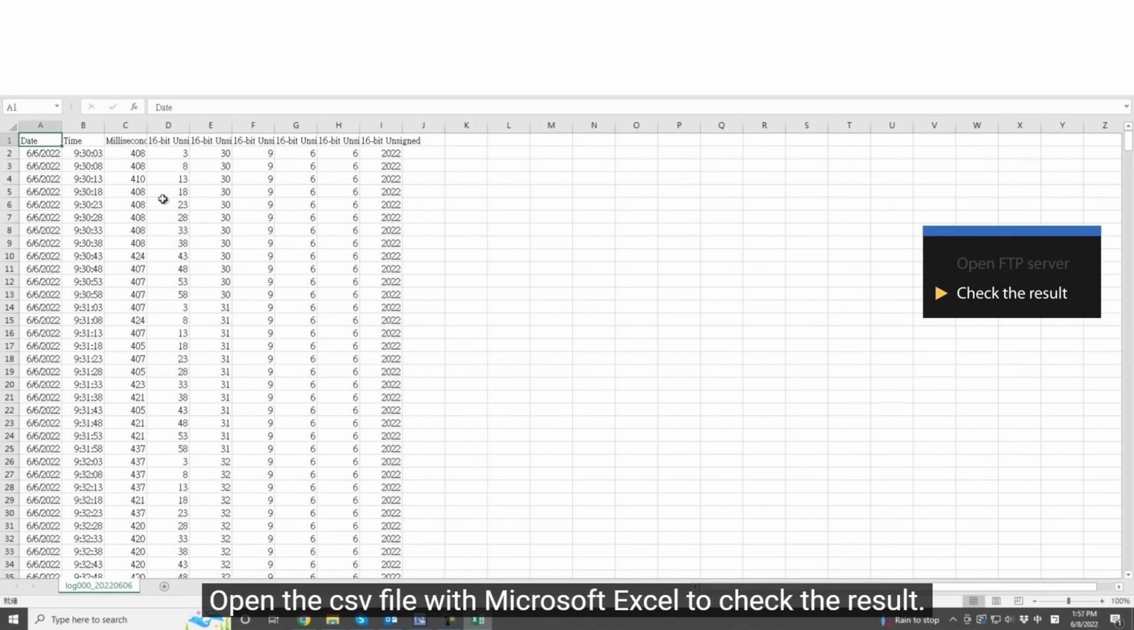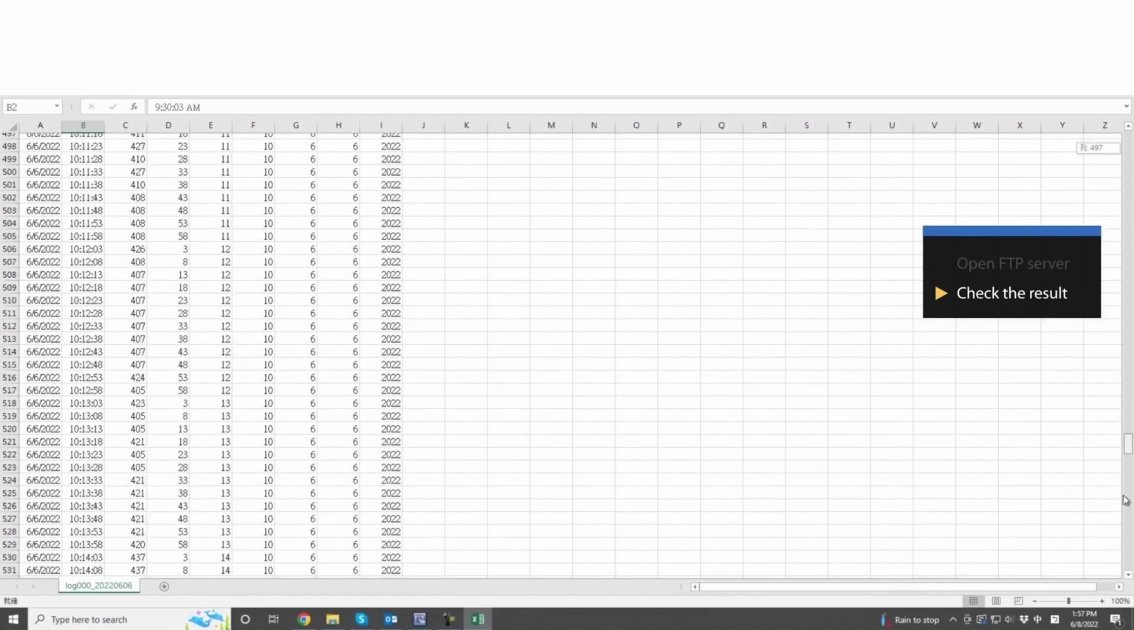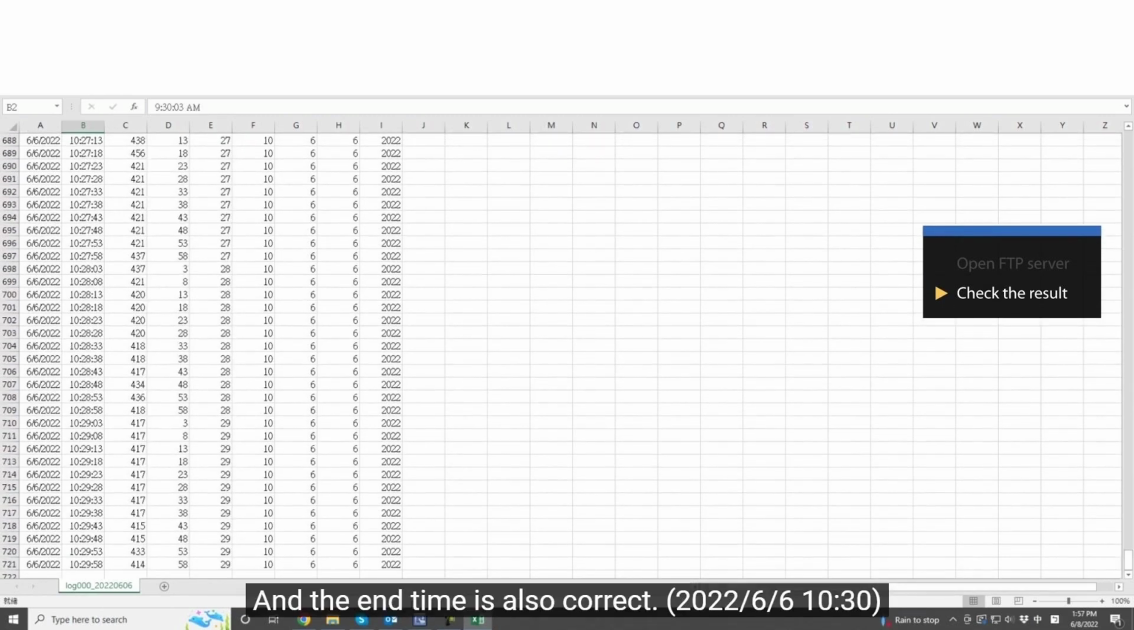Open the CSV file with Microsoft Excel to check the results. The start time of this log file is correct. June 6, 2022 at 9:30. And the end time is also correct. June 6,